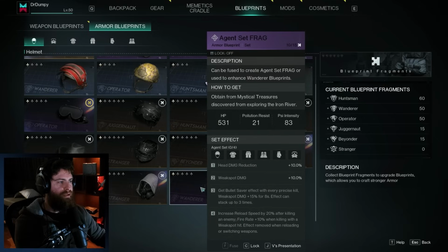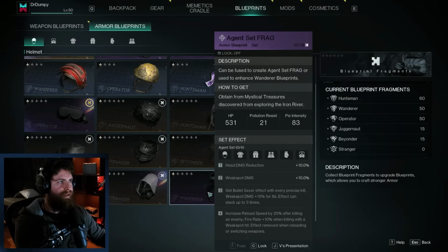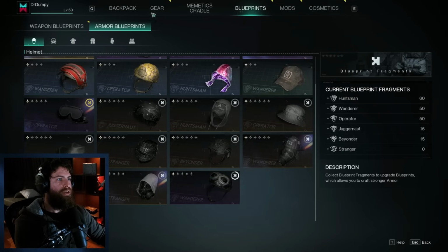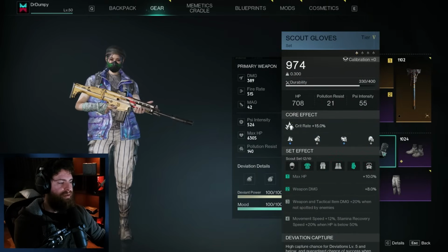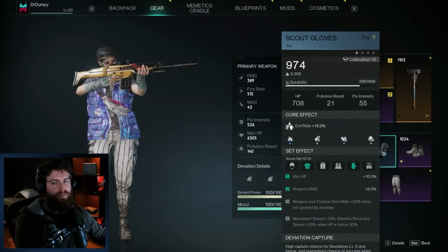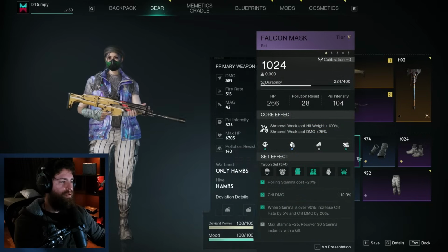See, this is from Mystical Treasures in the Iron River. This is the Agent set frag, right? So you just need to have a look where the Falcon is and go grab them. And same with the Scout set. The reason I use the Scout is because it just adds some weapon damage. And the stats that I'm going for, remember, is...